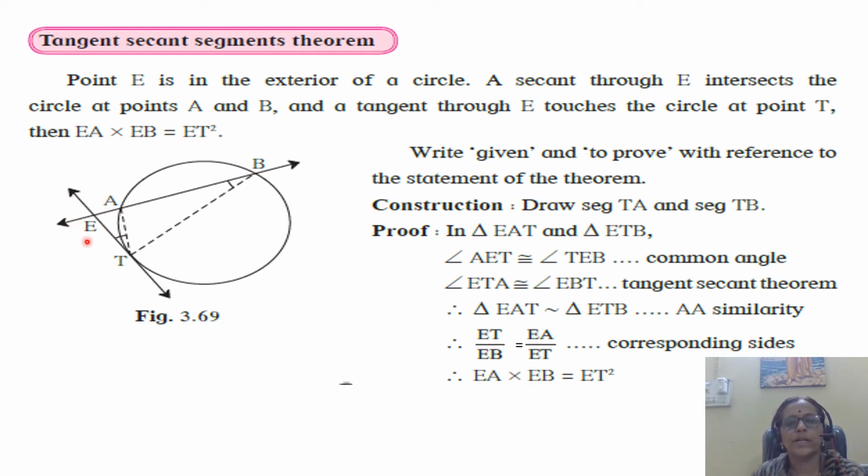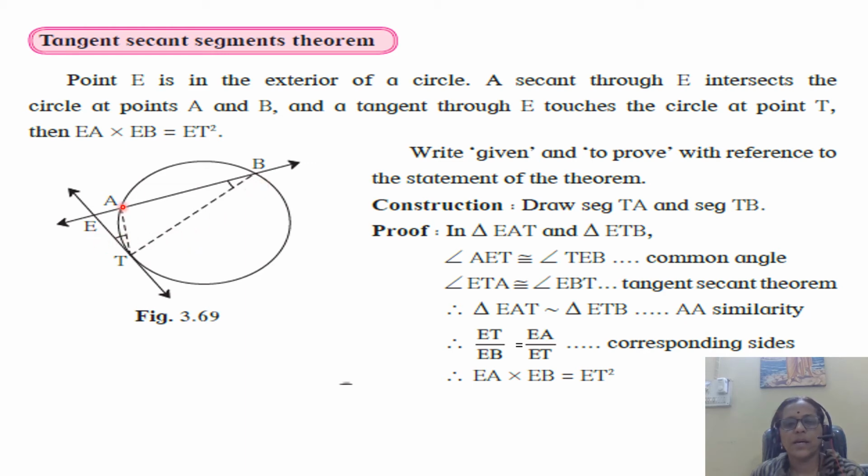Now point E is outside the circle. Secant through E, that is EAB, intersects the circle in points A and B. Tangent through E touches the circle at point T. Then ET square is equal to EA into EB. This we want to prove. Join AT and TB. In triangle EAT and triangle ETB,